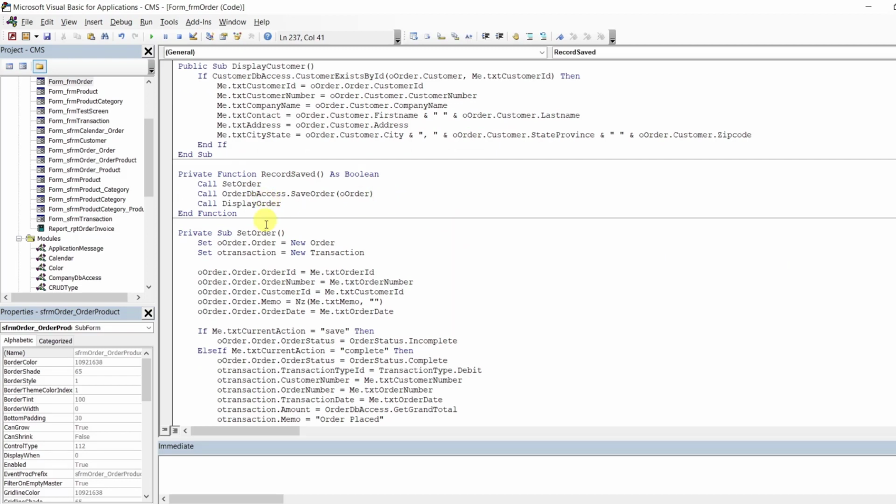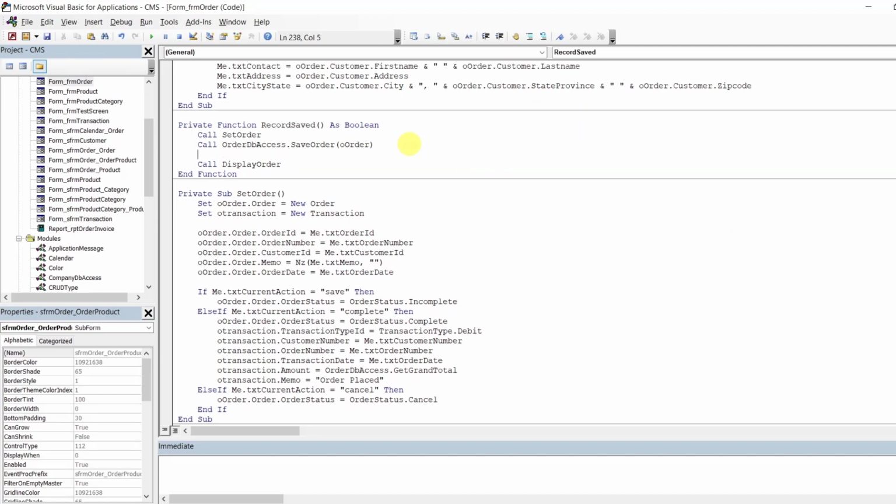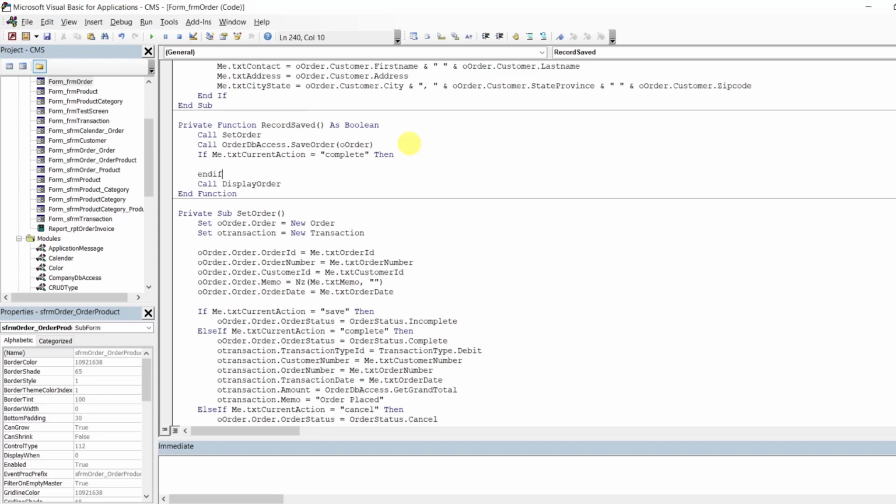See there? So when we set, we come in here, and if it's complete, we want to also set the transaction. And once we're done, we'll say if me current action equals complete, then